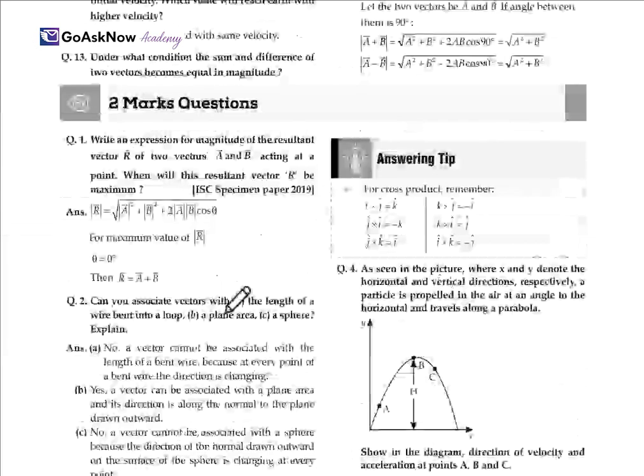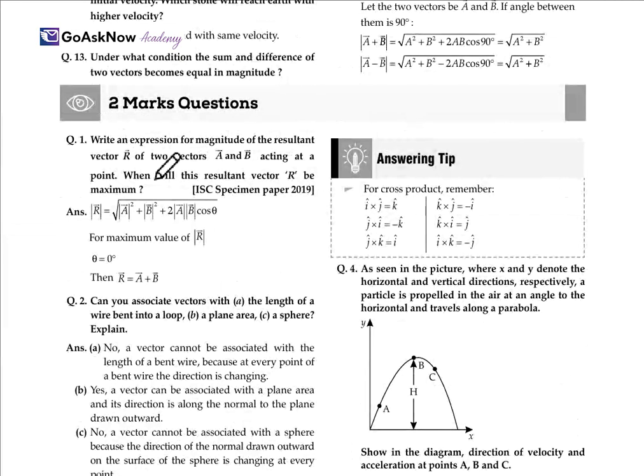Projected at an angle theta with the horizontal. Let O represent the point of projection of the body. So resolving in the horizontal direction, the body moves under the constant gravitational acceleration g in the vertically downward direction. Therefore, ux into time, it means u cos theta into t. Let x be the displacement along the horizontal direction. It will be equal to u cos theta into t, so t is equal to x upon u cos theta, from equation 1, and squaring. So here we get the value of y, which is the projectile parabola. So the equation of motion of the parabola, the path, is y is equal to x tan theta minus g x square upon 2 u square cos square theta.